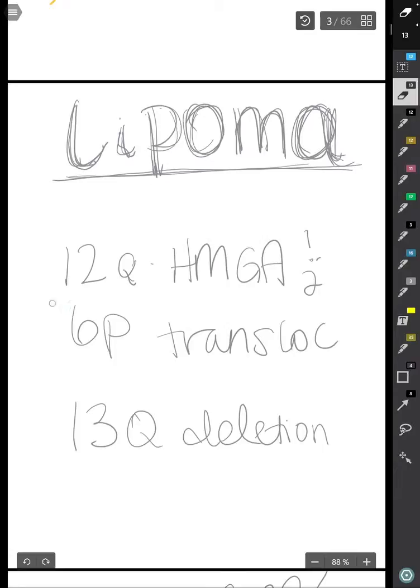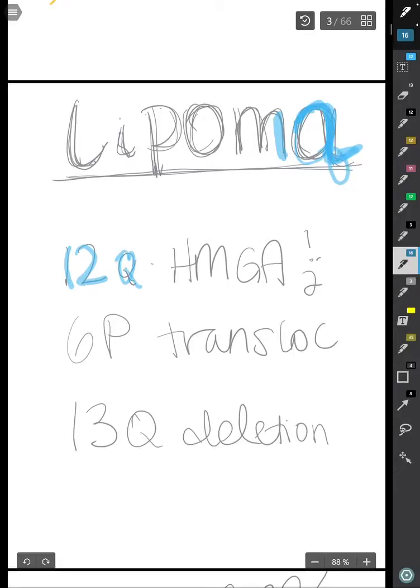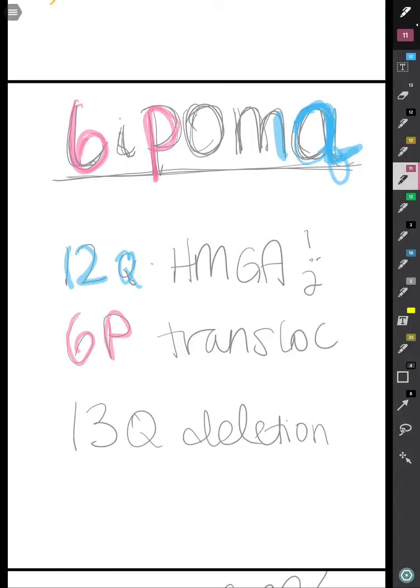So the big thing is this 12Q. Okay, so 6P. The big one is the 12Q here. And the way that I like to do this, like I said, it's going to be weird, so bear with me. But kind of 12 over here, so that's how I get the 12. And then you can make it also a Q with that. So that's my Q. And then for the 6, I go over here. And we can remember it's 6P because here's the P. So 6P translocation. And then 13Q